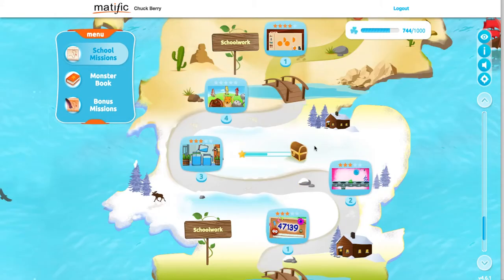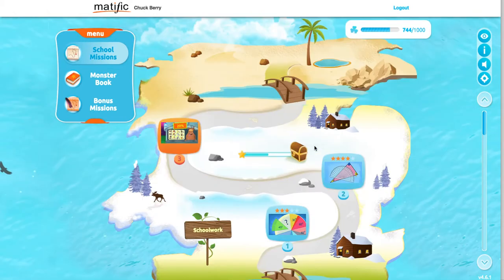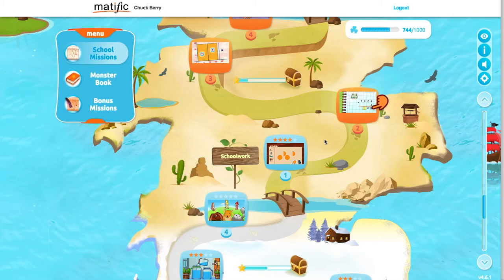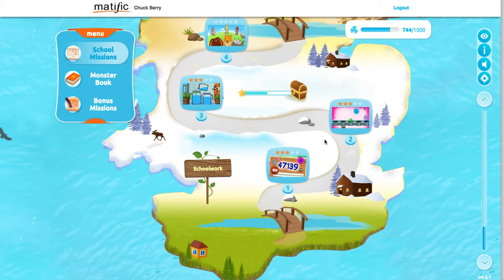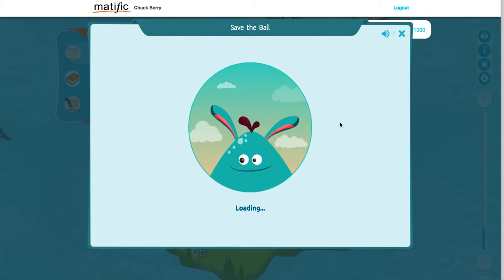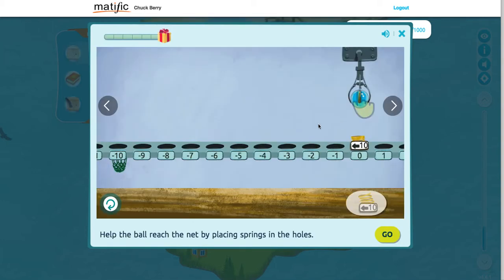So we have about 12 or 16 activities available for the students, and all activities work in pretty much the same way. What they are is they're guided, what we call an episode. A good example is the Save the Ball episode, where students are led through some solutions around adding and subtracting positive and negative numbers. So what we've got to do is, we're being guided here. We have a ball starting at 0, we have to get it to -10, and we've already got a 10